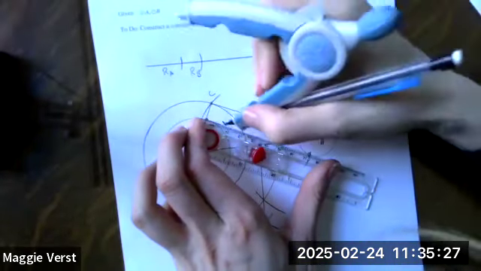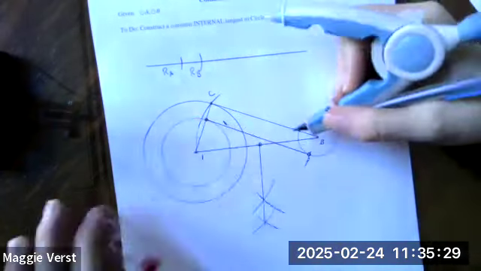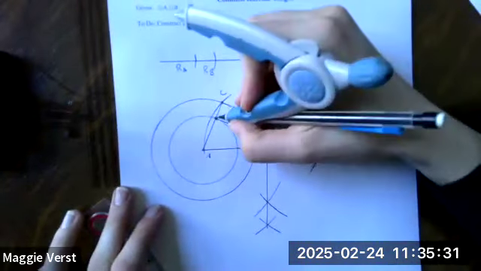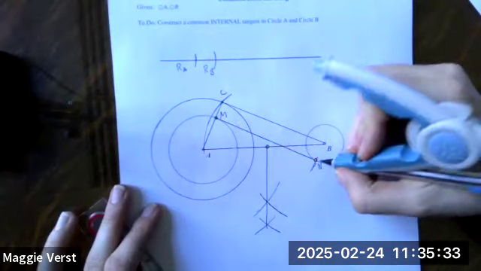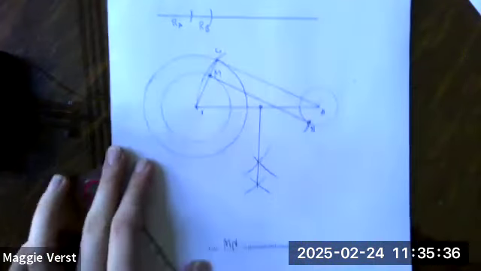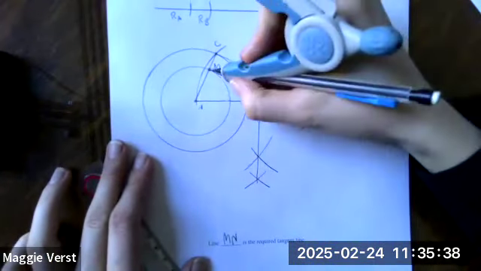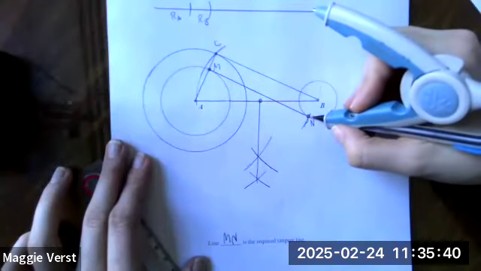And I know it's my internal tangent because it crosses the line of center and it meets, we'll call this M, we'll call this N. MN is the required line because it meets at this point, goes fully across the line of center, and then touches the other side. Now, if I want an external tangent,